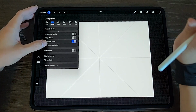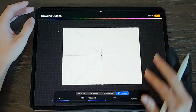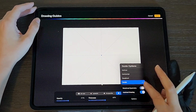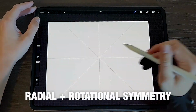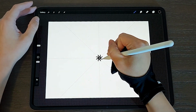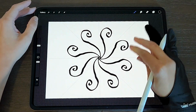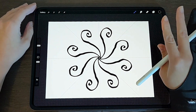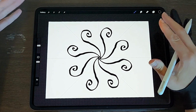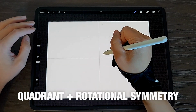There's one more part of the symmetry tool that I want to show you, just because I find that it's a lot of fun and it can be useful in the right application. There is rotational symmetry. So if you turn that on, we're still in radial symmetry, but with rotational added, you start getting this rotating, and that's going through all of them. And you can use this on any of those 4 different types of symmetry. And I'll go through them so that you can see how rotational symmetry looks on all of them. How it looks with quadrant is,